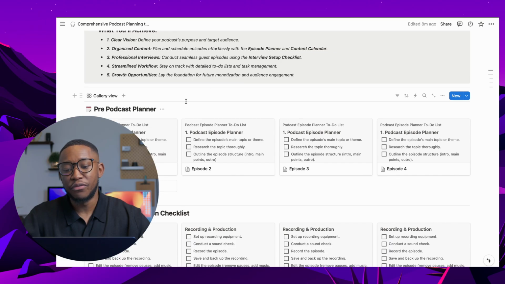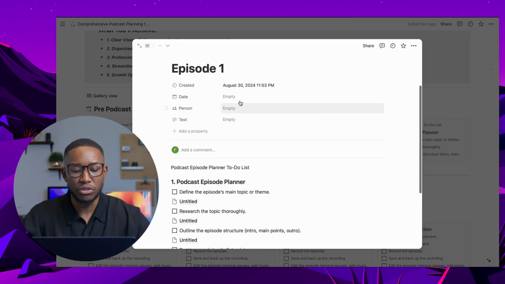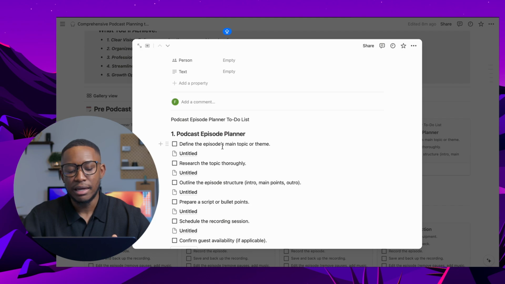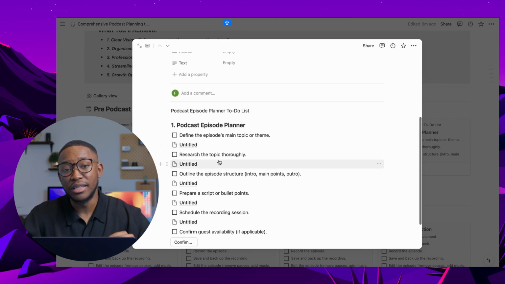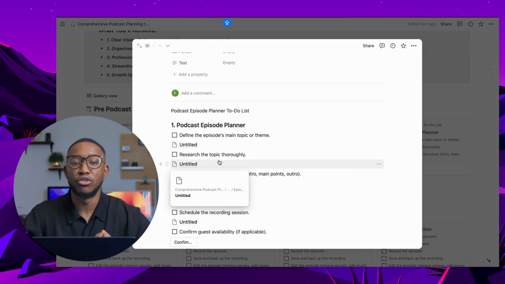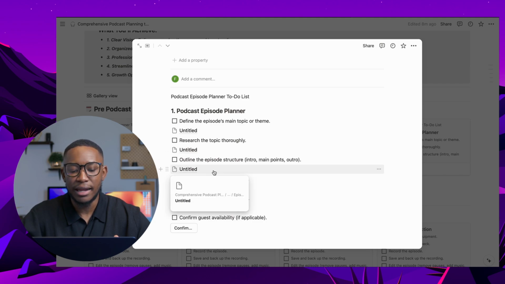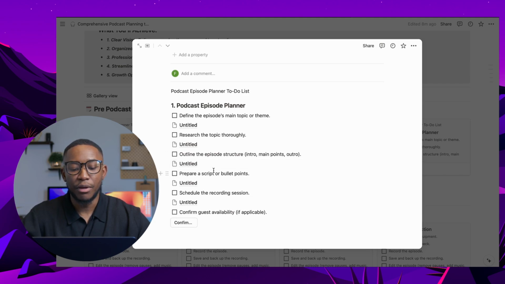So this has all the information you need. The next thing you want to figure out is episode planning. So it's planning for each episode. Take, for example, here, if you are going to be interviewing somebody, who would you interview? You want to prepare that in advance. Next, define the main topic or the theme of the particular episode you're going to be creating. Next, research the topics, and put in notes here things you've read, things you want to highlight while the episode is going on.